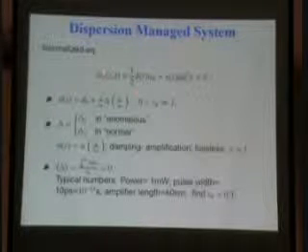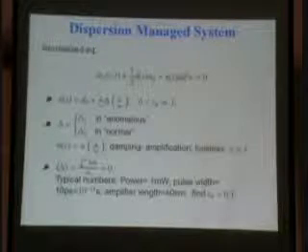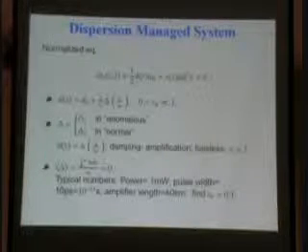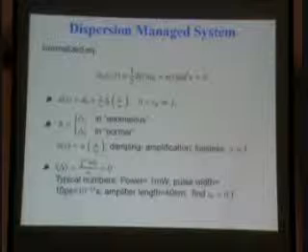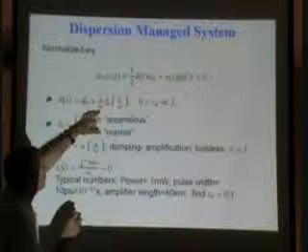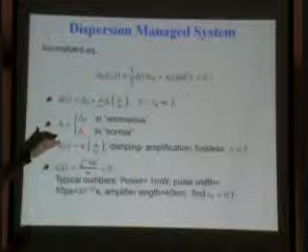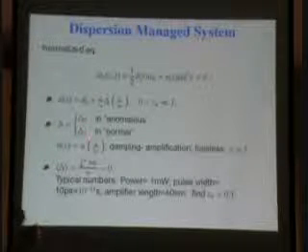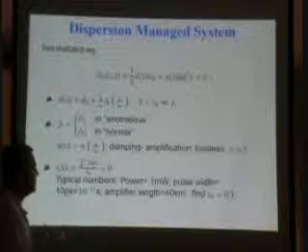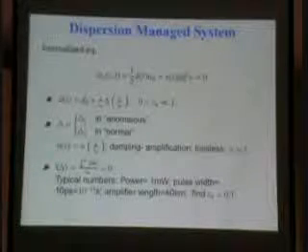Dispersion managed system. Well, here's the nonlinear Schrödinger equation. If D and N were constant, this corresponds to the nonlinear Schrödinger equation that comes out of water waves, that people have studied in empirical systems. But in dispersion managed systems, you have D naught as an average and a large, rapidly varying term. You have an anomalous and a normal region, delta 1 and delta 2, N of Z cosine damping amplification. Average of delta